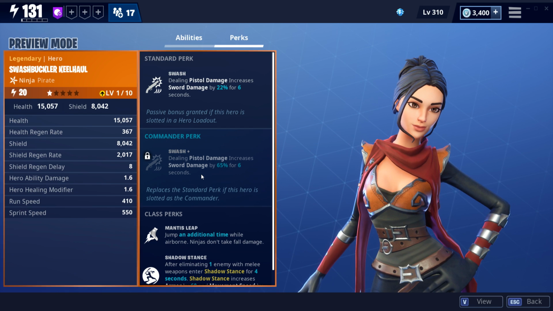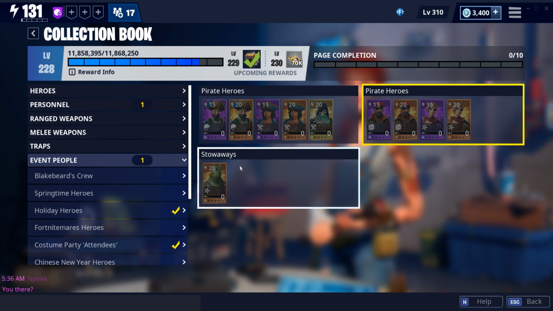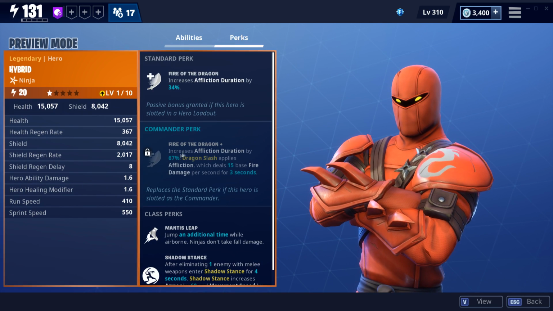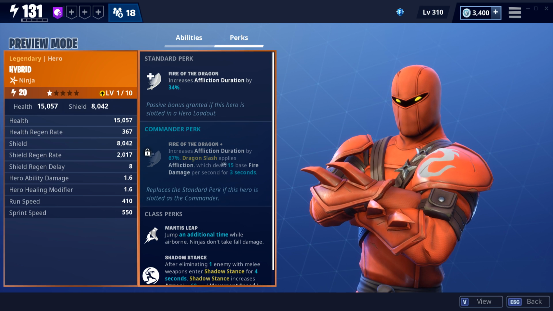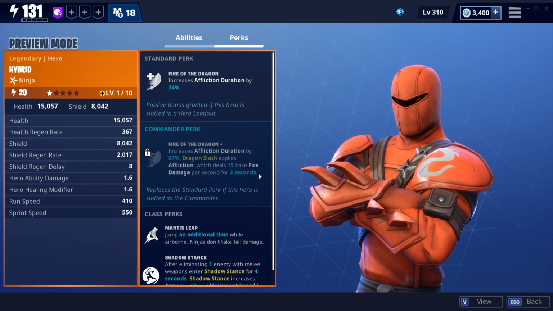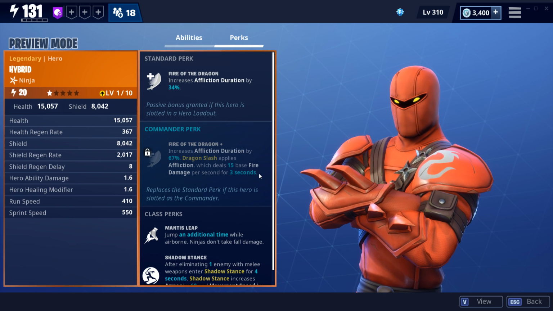If you were to be running a pistol and sword type build, you would probably use both of them for a little bit of synergy. And then the last one that we've got here under the stowaways is the Hybrid Ninja, which is going to be increasing the affliction duration by 67%, and Dragon Slash applies affliction, which deals 15 base fire damage per second for 3 seconds. So this sounds like the affliction ninja that they were telling us about in the roadmap,